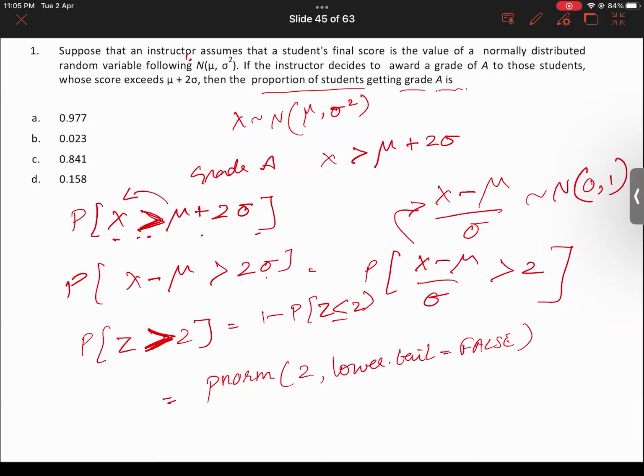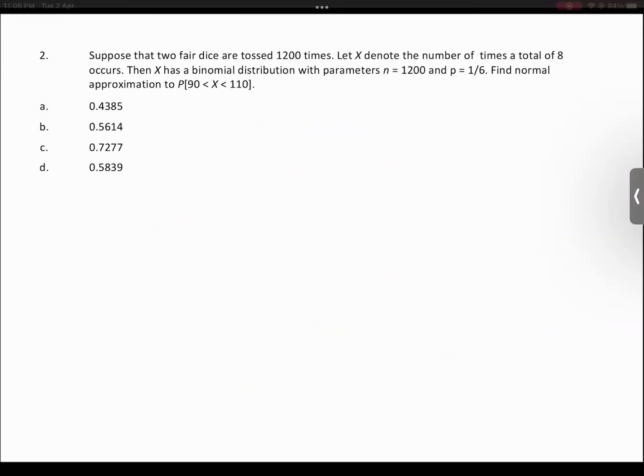So yeah, if you just do this in your R, you'll get an answer. You'll get something around 0.023. Yeah, you can just try this out. This was quite simple, just based on normal distribution. Okay,